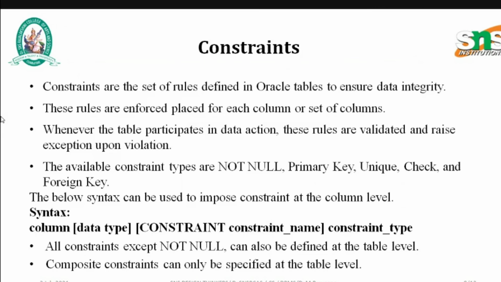Whenever the table participates in data action, these rules are validated and raise exception upon violation.